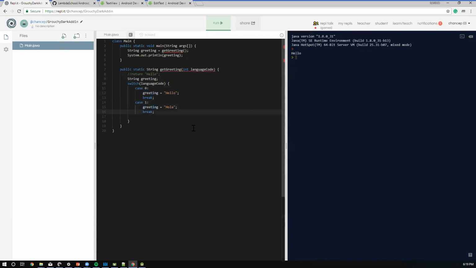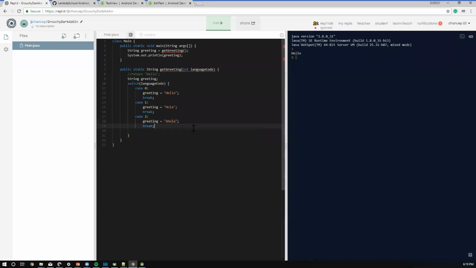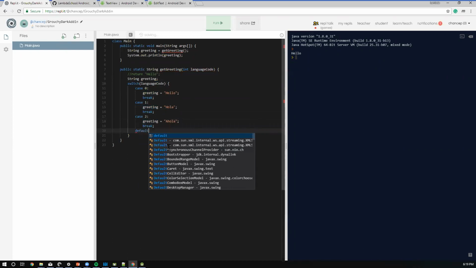There we go. We'll do one more. Aloha. These are all very, very similar. So depending on which language code we pass in, we're going to assign greeting hello, hola, or aloha. And then our default case,